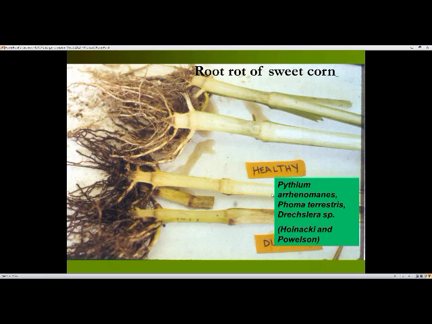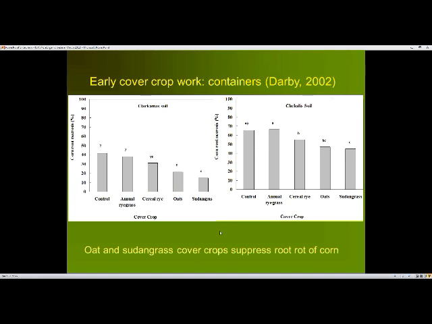And it's caused by a soil-borne disease complex that was identified by Beth Hoynacki, a graduate student, and Mary Pelson, the former vegetable pathologist here at OSU. And they showed that Pythium aphanidermatum, Phoma terrestris, and some species of Drechslera were involved in this root rot complex. Heather Darby, who many of you know from her work in Vermont now, actually did her PhD work on this, and she did a lot of work in the field on compost and manures, which I'm not going to discuss,